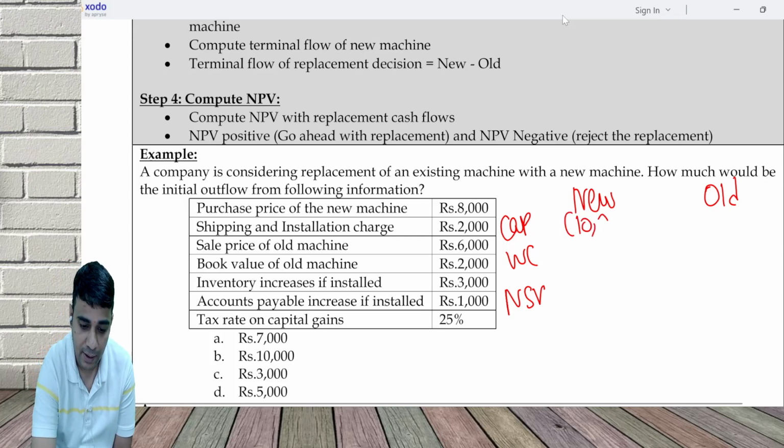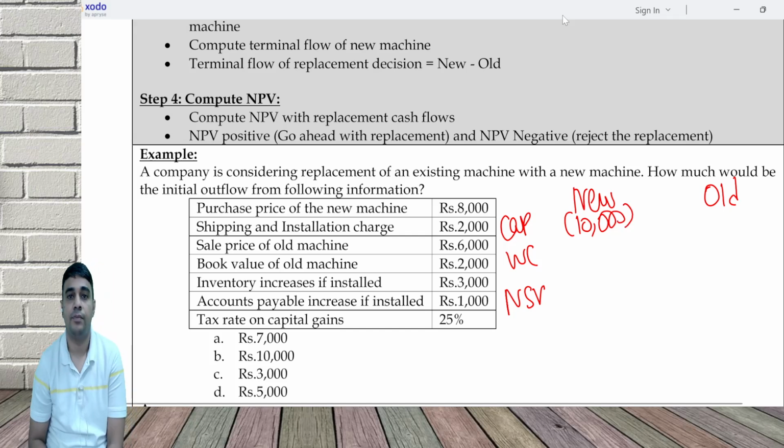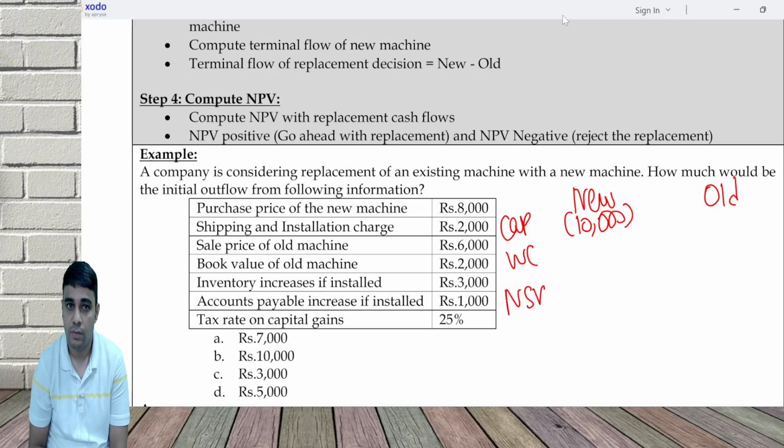Okay. Working capital, how is it 4,000? Inventory increases outflow, accounts payable increases inflow because it's a current liability. So working capital is